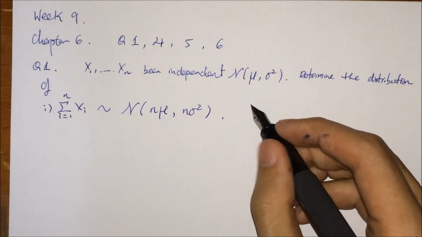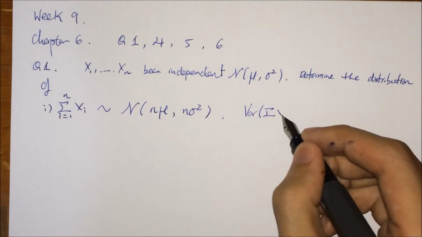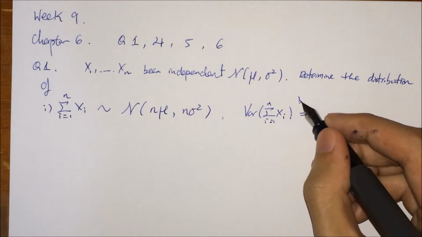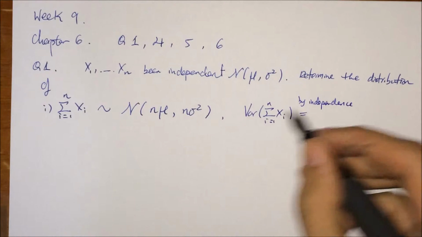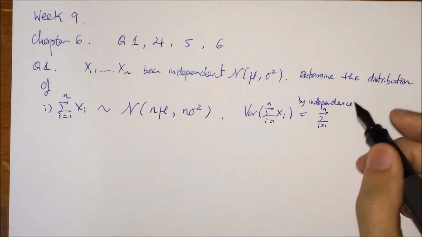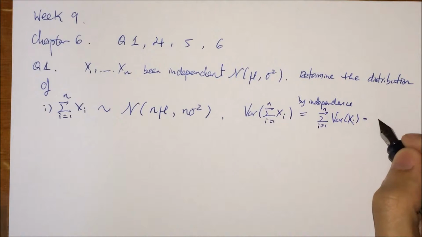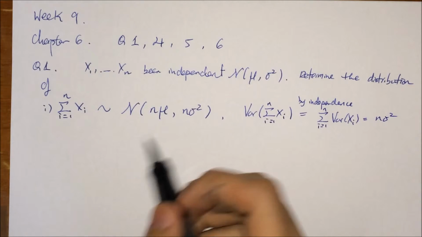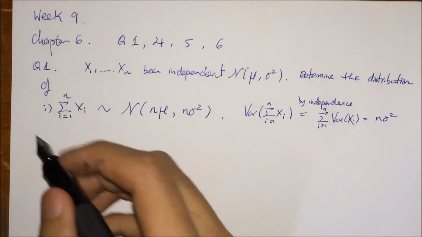Of course, if you like, you can always compute this. You can compute the variance of the sum of xi, i equal to 1 up to n, and by independence the variance of the sum is equal to the sum of the variances, right? So you have the variance of xi, which is equal to n sigma squared. Simply by doing that, you can deduce that this is true. Okay. Now, next,